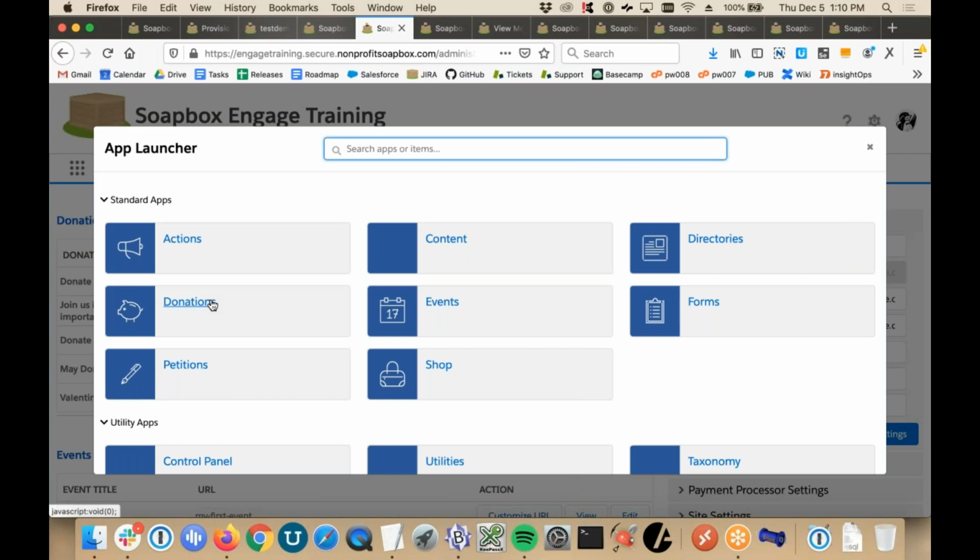If you have all of the different apps, as we have here in our demo instance, all of those will be laid out for you. So you'll notice that we've got the standard ones that you'd be familiar with as a Soapbox Engage client, with actions for online advocacy efforts, donations for online fundraising, petitions, which is our other online advocacy tool, shop, e-commerce, events for event registrations, forms that push data to Salesforce, and directories that pull data from Salesforce and display it on